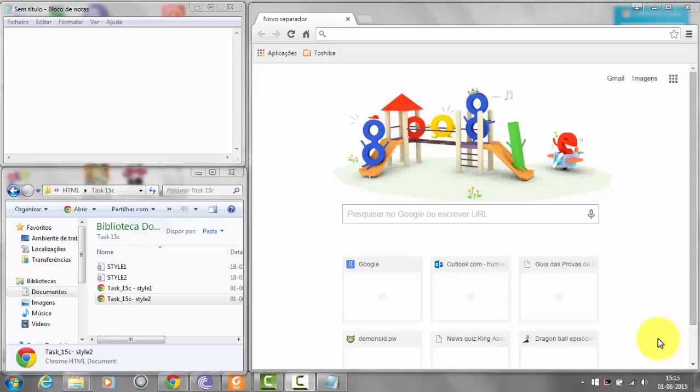Each style has a style name which is called a selector. The selector is followed by curly brackets. Curly brackets are like this.